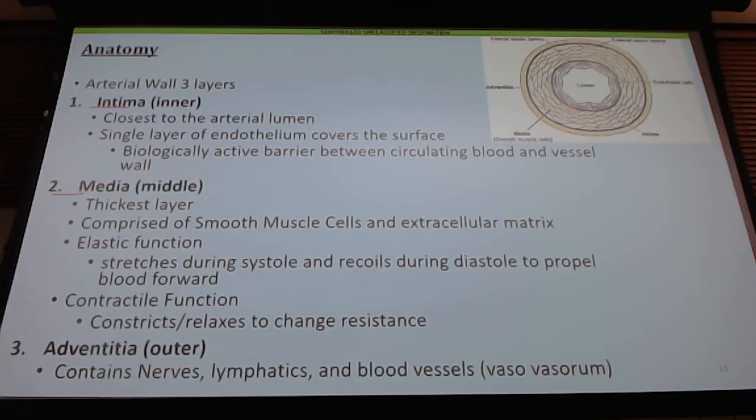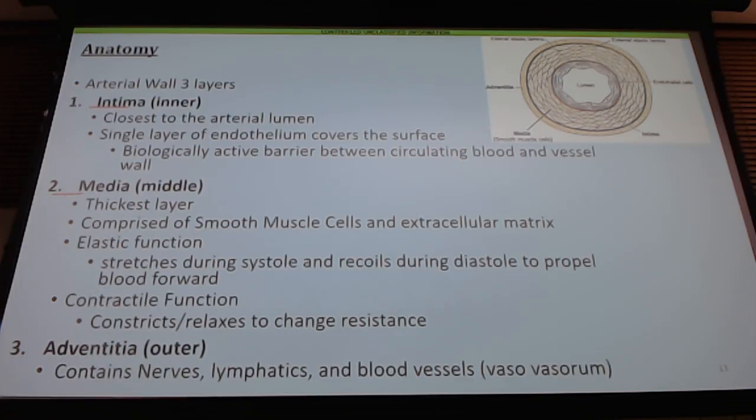The media is your middle layer, which is probably the largest of all the layers. And this is where your smooth muscles are located. And these are important because this is what gives you the strength of your artery. It's what gives you the strength to be able to deal with the high pressures that the arterial system encounters, especially right there in the aorta where it's getting that direct pressure flow out of the heart. So this layer is important to give you that strength, but it also gives you the contractile function of